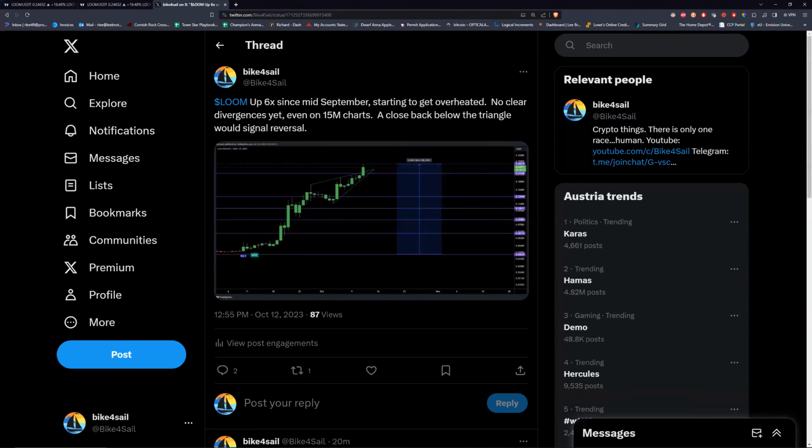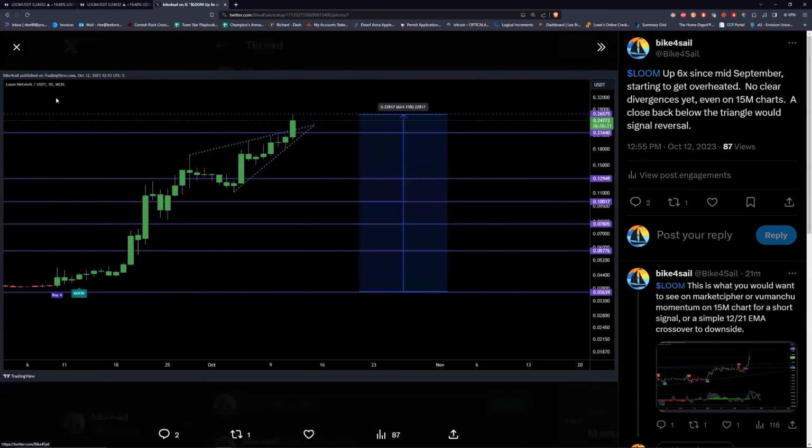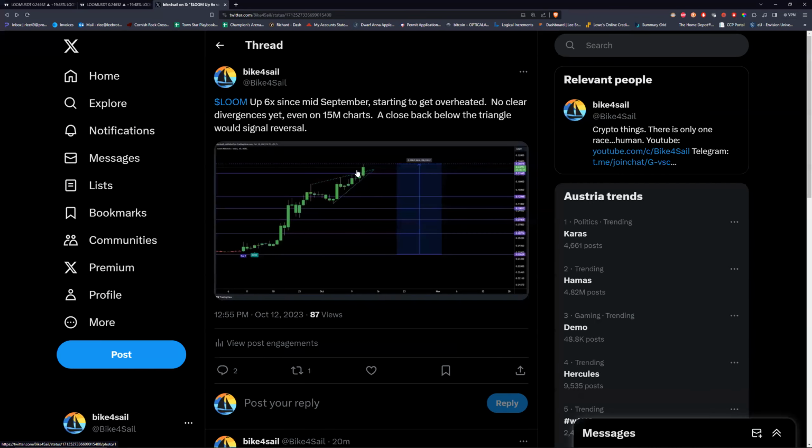Okay, hopefully this is showing up. Let me make sure that's sharing correctly. All right, so Loom is up 6x since mid-December or September, starting to get overheated. No clear divergences yet, even on 15-minute charts. A close back below the triangle would signal reversal. Currently it's above that triangle on a daily chart, I believe. Yeah, daily. And a close back below, especially below the bottom line, would signal